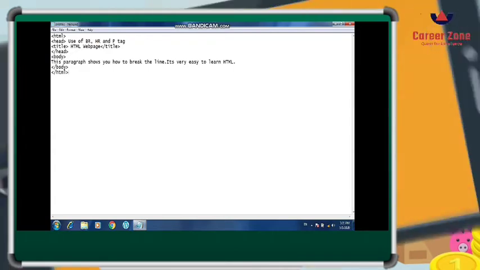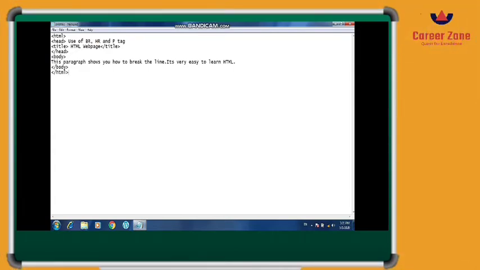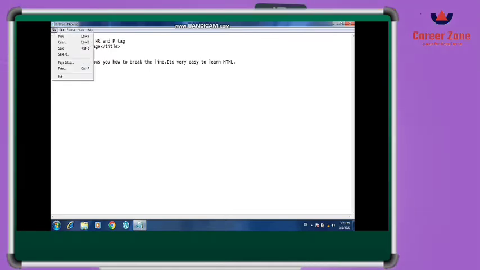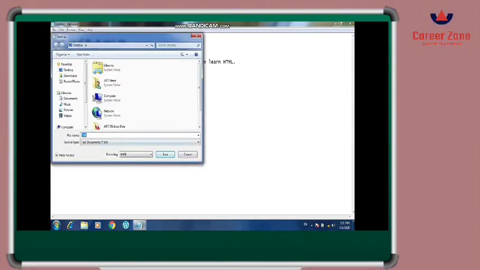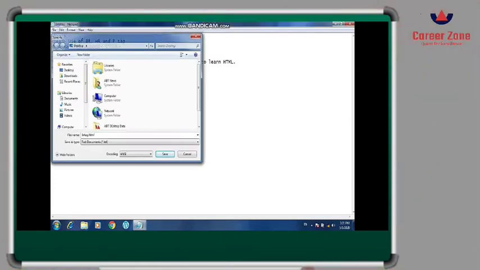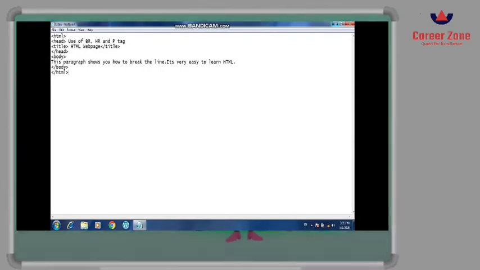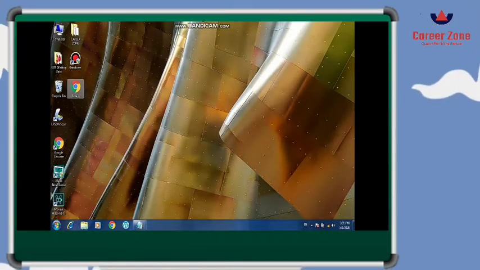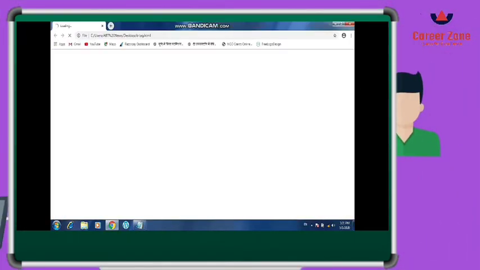Now what we have to do to execute the file? Yes, we have to save this file with the .html extension. You can give any name of your choice, but try to choose the desktop location while saving the file, which will make it very easy to find the file and execute it on the web browser. See, the file came here with the name brtag.html, so I'll execute it by double clicking. So once I double click, it will open.